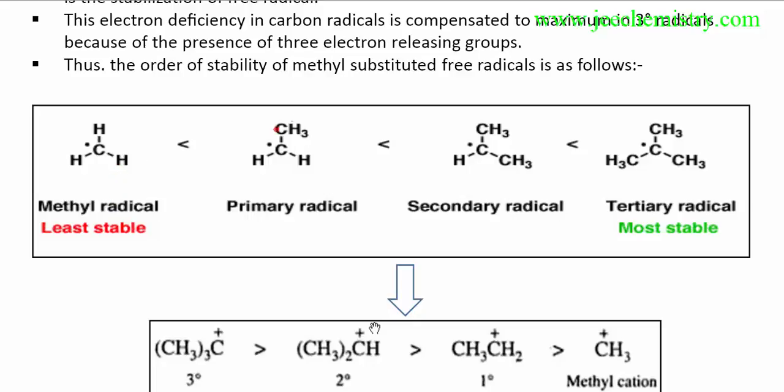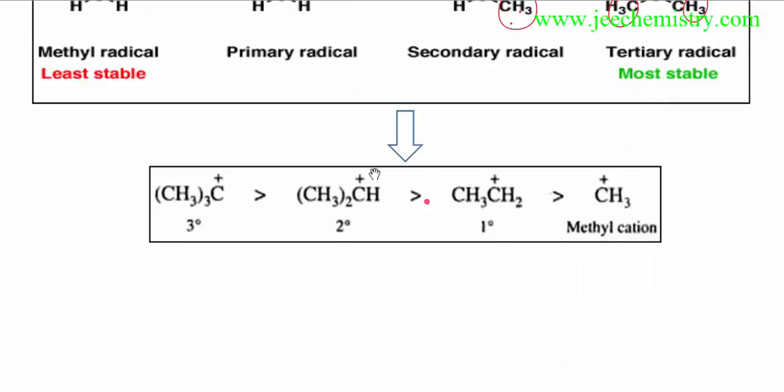Here a methyl group acts as a plus I effect, two methyl groups give two plus I, three give three plus I effect. So the tertiary radical is most stable, then secondary with two methyl groups, then one plus I group, and then no I group. As the plus I group increases, free radical stability increases, because it provides electron cloud to the electron deficient carbon atom. It happens similarly to carbocations. Free radical stability increases as the plus I effect increases, and carbocation stability increases as the plus I effect increases.